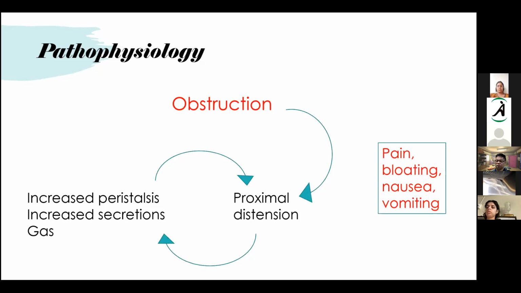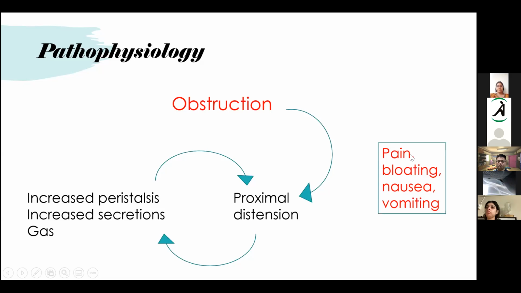There will be activation of vasoactive intestinal polypeptide, or VIP. There will be increased sodium and water secretion and reduced sodium and water absorption. And finally, the gut will try to push harder so that it bypasses that obstruction, and again there will be increased secretion. But if for some reason that is not successful and the obstruction is not allowing the particles to pass through, there will be accumulation of contents. Accumulation of contents will again result in distension, and it will again result in increased secretion. So this continues as a vicious cycle. At this point of time, the most important symptom would be pain.